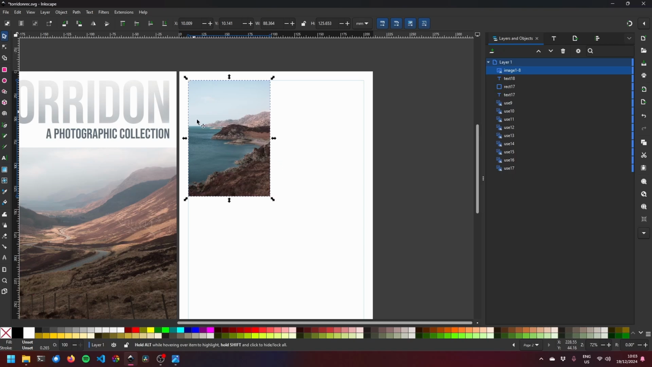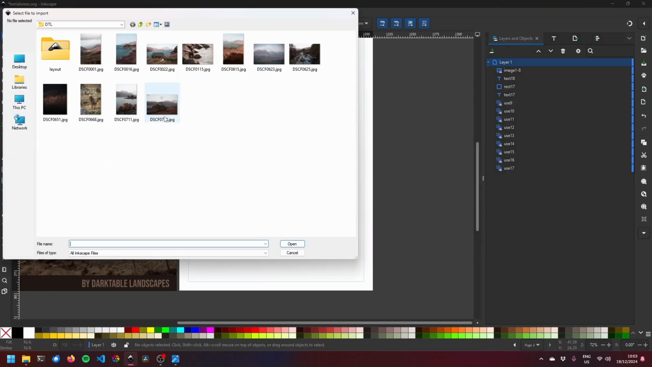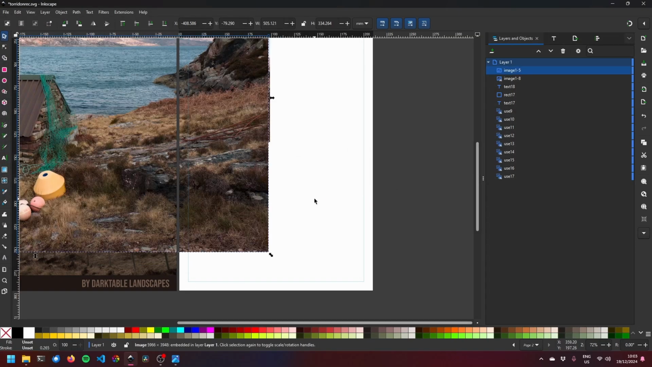Well, it's too huge. It's not the world's most amazing photo. It's just kind of more of a scene setter. And then let's pull in another one here. So again, File, Import, or Control I. You can see the shortcut there. We'll grab this one